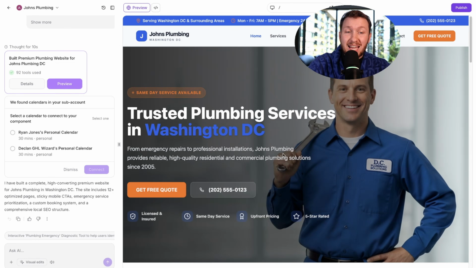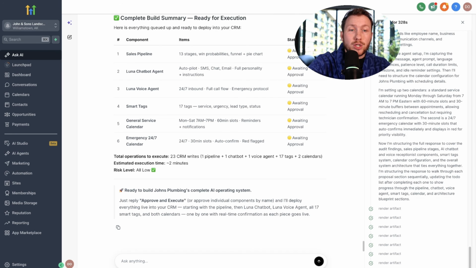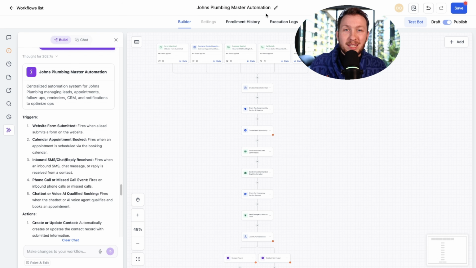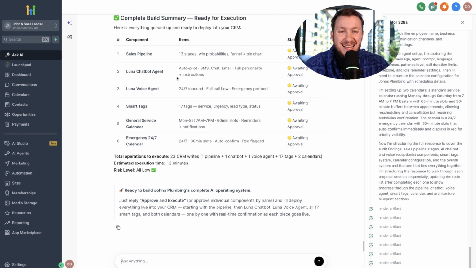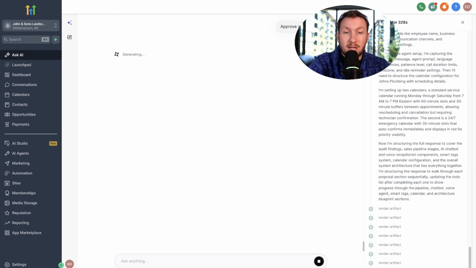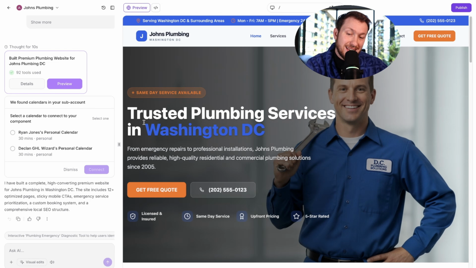So we have 3 different assets, but they're not done yet. We have to go through and make sure everything is connected and working, because I wouldn't be the GHL wizard if we did it halfway. We have to actually go through and make sure everything is properly working. So the first thing we need to do, because it's trying to pick a calendar, is make sure that these are all done first, because that's what's going to go into the vibe coder. So we're just going to copy and paste this, paste it in just like that. And now this is going to go through and generate all this. Then we're going to come back right here, pick the right calendar, and then connect to CRM.